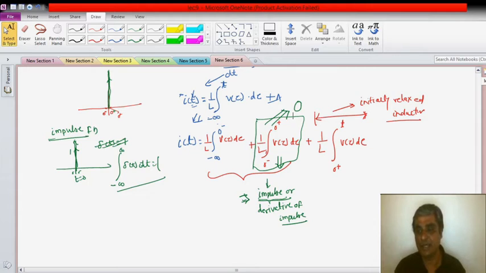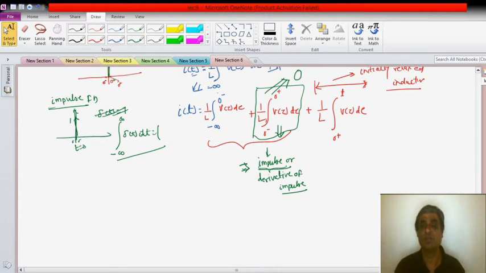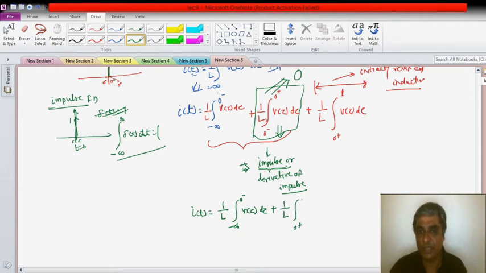So with this understanding, with this assumption, let me assume now that in this behavior I of t, the impulse, is absent. So what can I write for this? I of t will be equal to 1 by L, integral from minus infinity to 0 negative of v of tau d tau, plus now I would like to compute the voltages and currents for t greater than or equal to 0 positive, which will be the integral up to t of v of tau d tau, right?